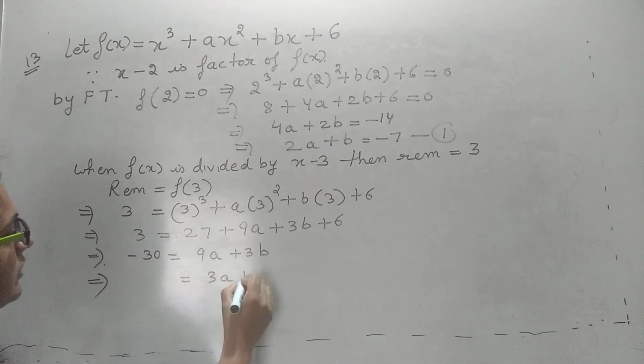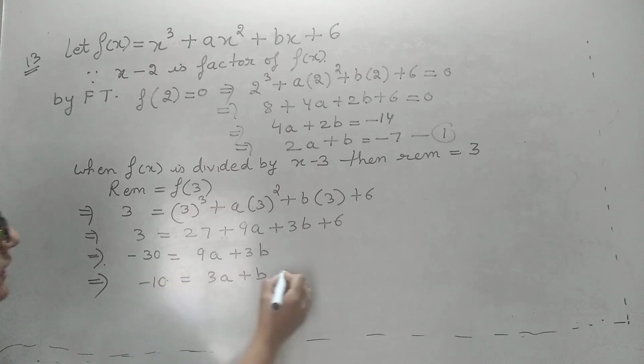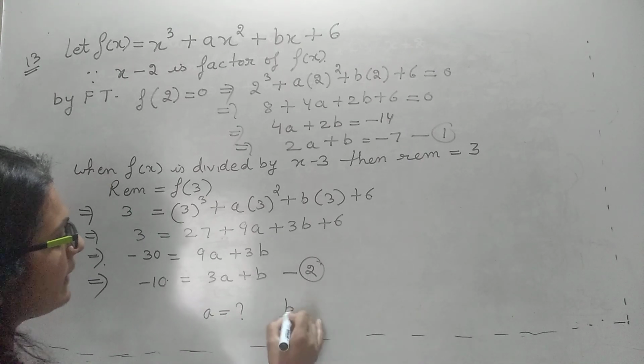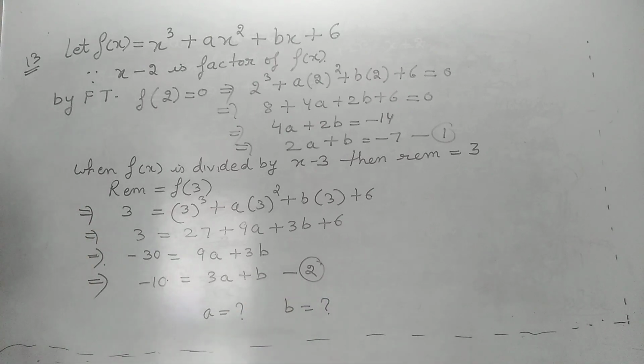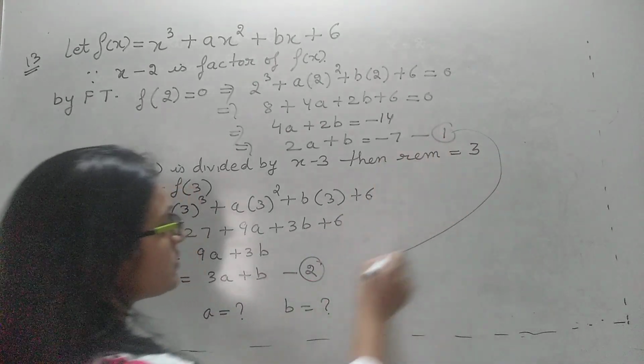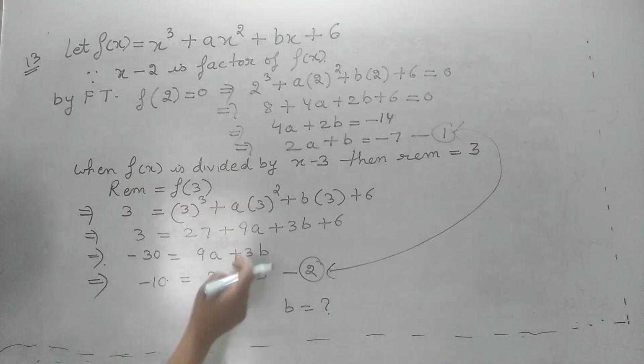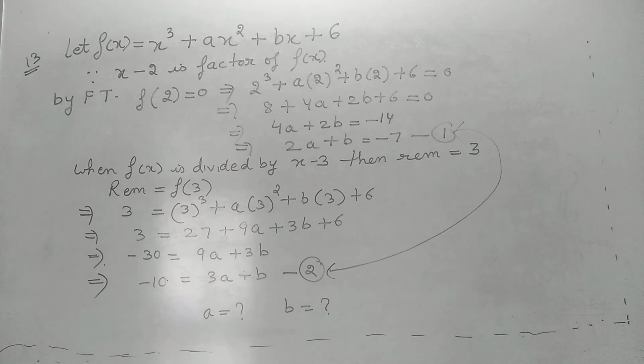And when you divide it by a and b, you are getting the second equation. So you can solve it and hence you get the values of a and b. I think you can solve it yourself. The first two equations, by any method, by substituting, by subtracting, you will get the values of a and b. So quite simple. This is a question where we have used both factor theorem and remainder theorem.